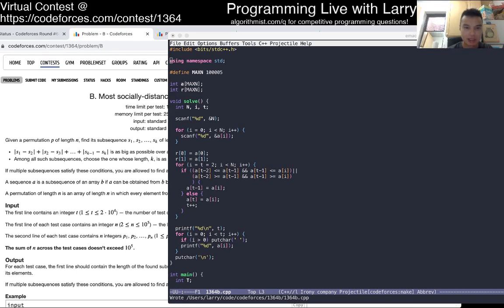And another thing to notice, an observation about this problem, is that the input will always have this property.